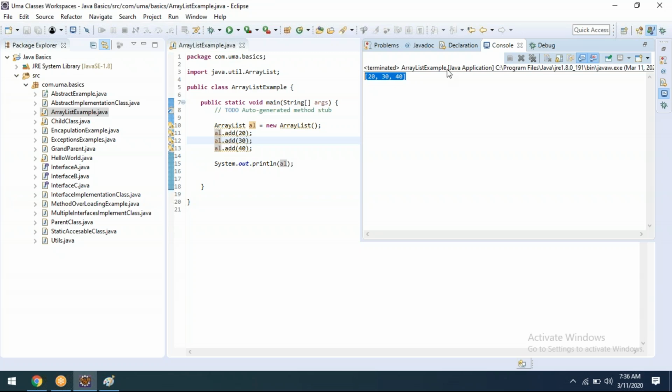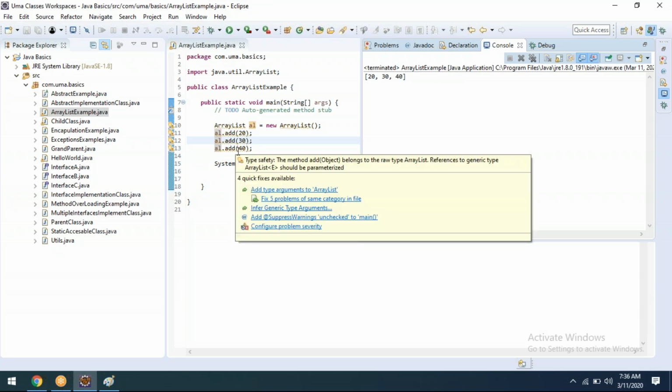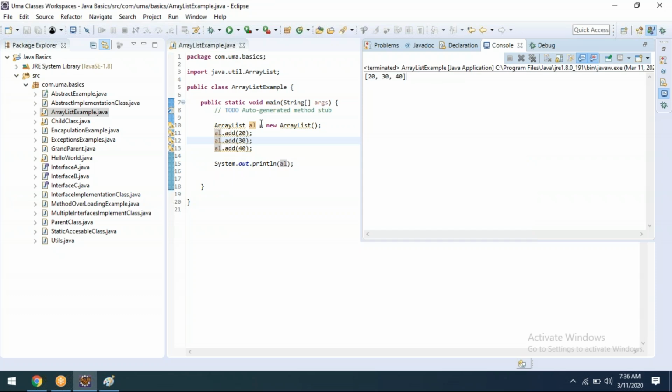Just we are printing here, and it's a dynamic array. What we told, dynamic array. Just we created an array list. It will form a empty list with an initial capacity of 10. Just remember, what is the initial capacity of array list? In the sense, 10. If you give more than 10, then it will increase the size automatically. There is some formula, based on the formula it will be increased. Getting my point?